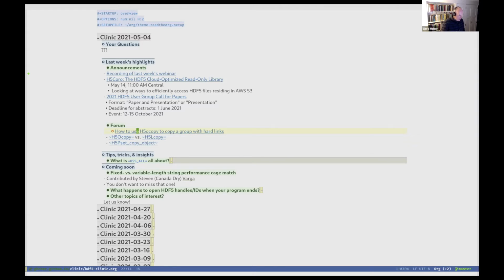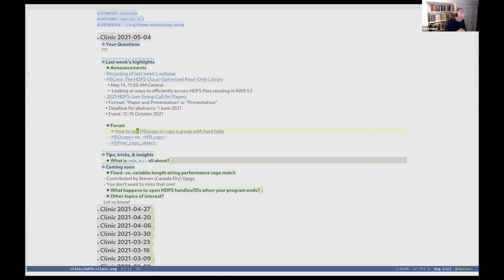But the one that is kind of ongoing is this issue around copying objects. I'm busy with project work at the moment, but I definitely want to get this straightened out. The link is here for your reference. There is a user who basically tries to copy a group or links, or we'll sort that out. But just from the perspective of the HDF5 API, there are two fundamental kinds of copy calls